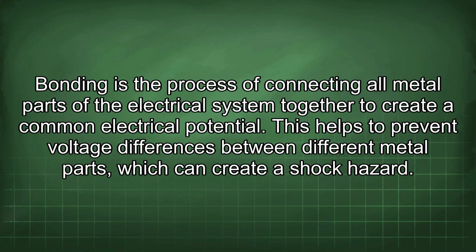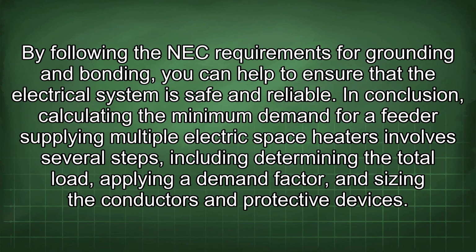Bonding is the process of connecting all metal parts of the electrical system together to create a common electrical potential. This helps to prevent voltage differences between different metal parts, which can create a shock hazard. By following the NEC requirements for grounding and bonding, you can help to ensure that the electrical system is safe